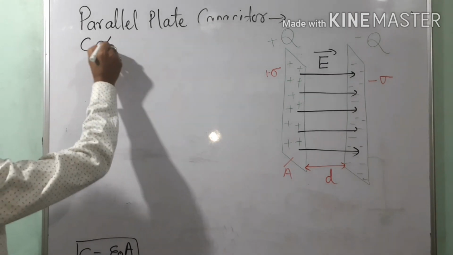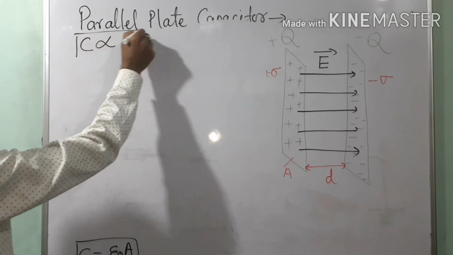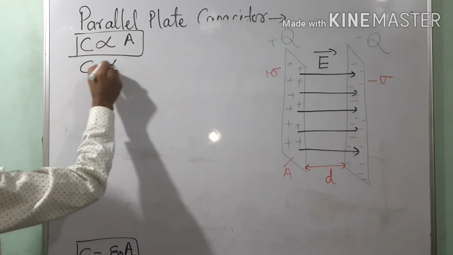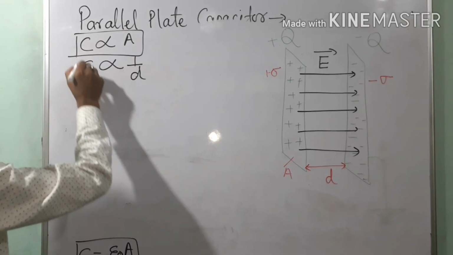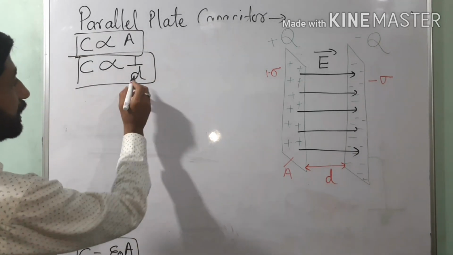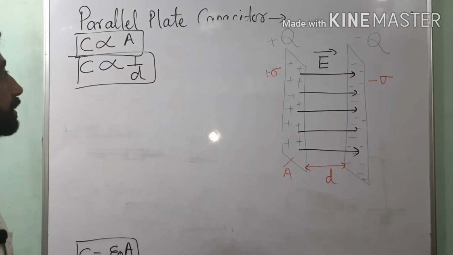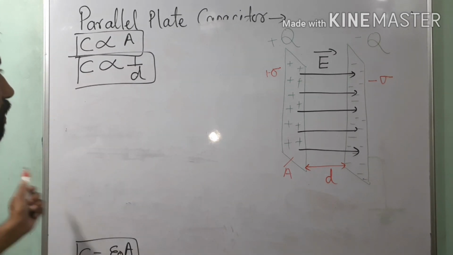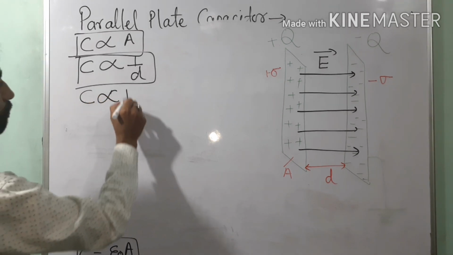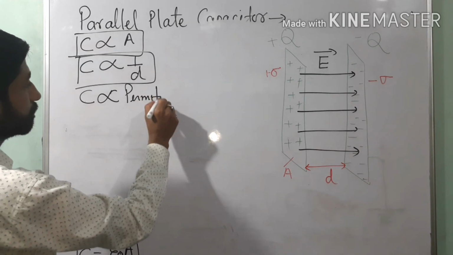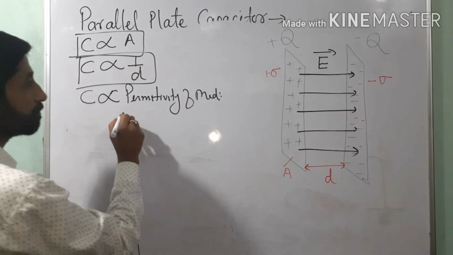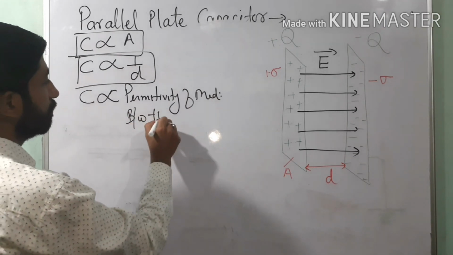The C is directly proportional to A. More is the plate area, larger is the capacitance. C is inversely proportional to D, that is, less is the separation between the plates. If D is less, then capacitance becomes larger, or vice versa and so on. And C is directly proportional to what? Permittivity of the medium between the